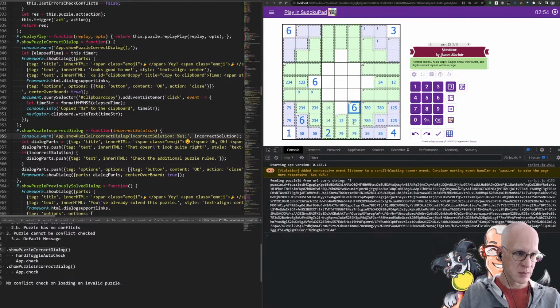Is that right? 16 plus... no, wait. Wait. It's 6, 8, 9. So this has to be the 7, and this has to be the 9. That's a 3. No 9 here. That's an 8, and that's a 6. And that's a 5. No 5 there. No 3 there. No 8 here. And this 6 is already accounted for.